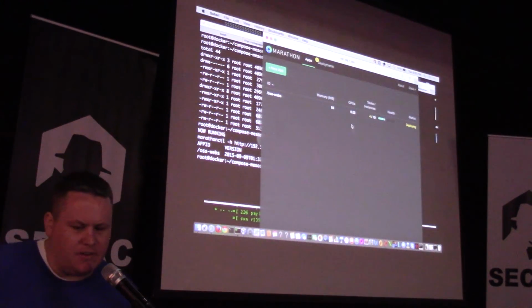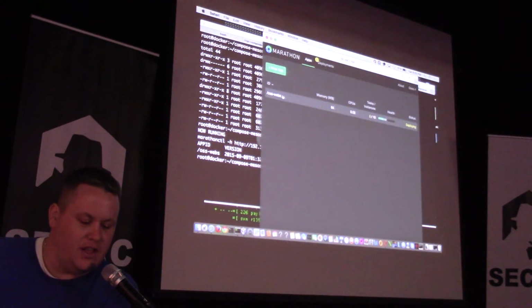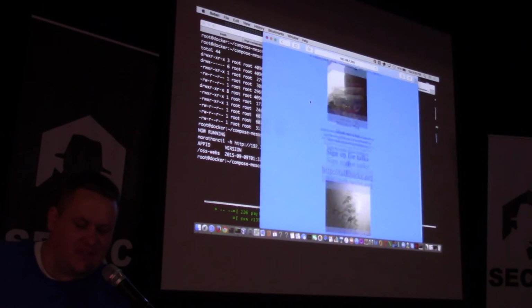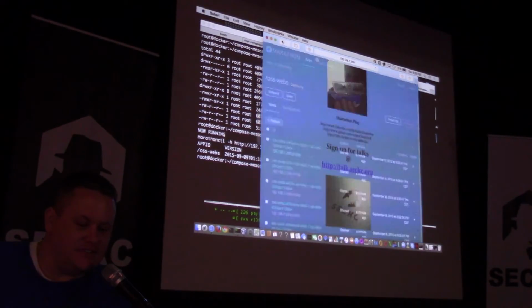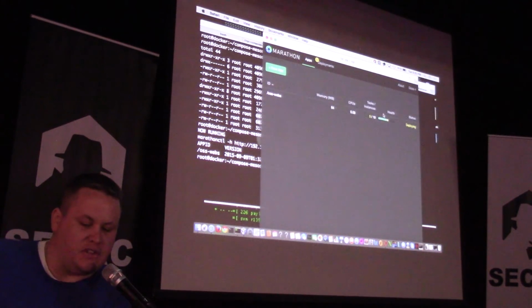So I'll go back to the web interface, the GUI, as everyone loves. It's on 5 of 10. As soon as that's done deploying, I'm going to do an in-place update right after I show you that this is what it looks like. Thanks for coming out. Sign up for talks. Pretty cool. So after this app's done,